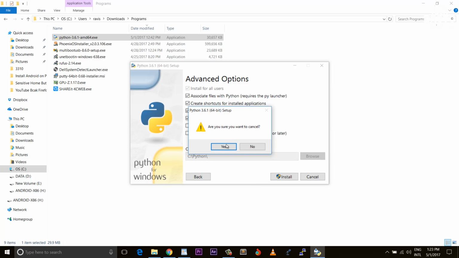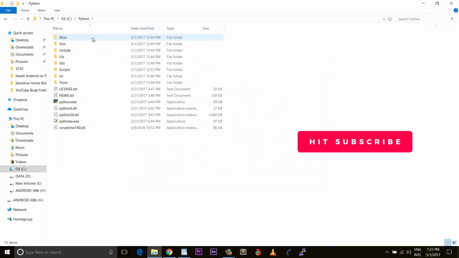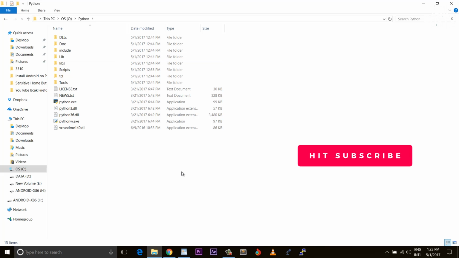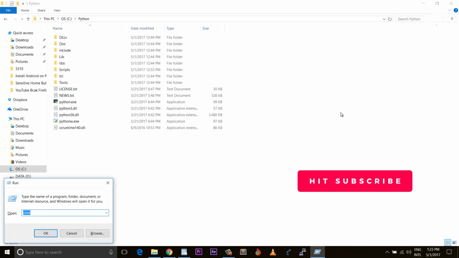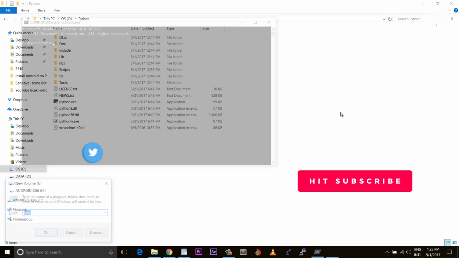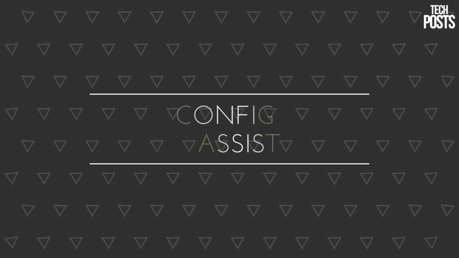Once installed, check if Python is working on your machine by opening up a terminal or command prompt. Inside command prompt, simply type Python. If you see the terminal or the command prompt return the current Python version on your computer, then proceed to the next step. So step number 2 is configuring the Google Assistant API.